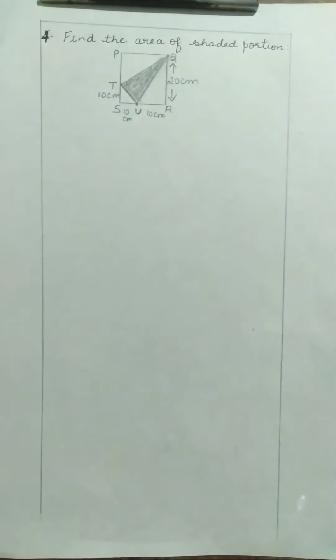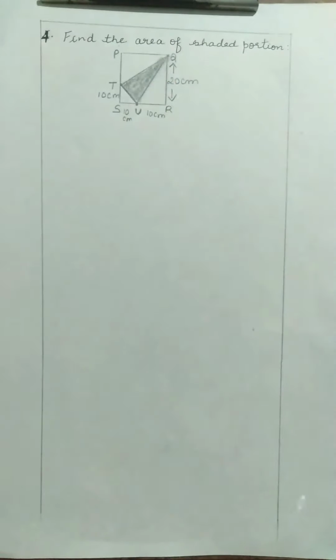So this triangle is surrounded by the square. PQRS is a square. If you look here, children, it is a square. Then it is surrounded by three triangles. The first triangle is PTQ, then the other will be TSU here, then another will be URQ. So after finding out the areas of these three triangles and the square, we can find out the area of the shaded region. Therefore, first, children, we will find out the area of the square